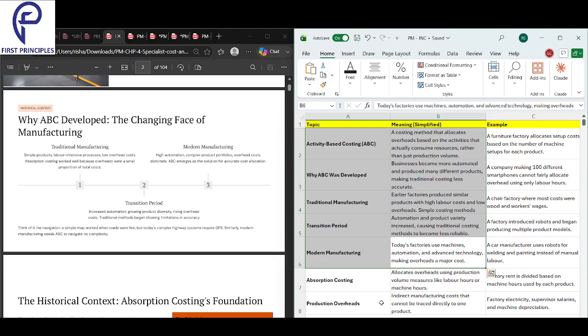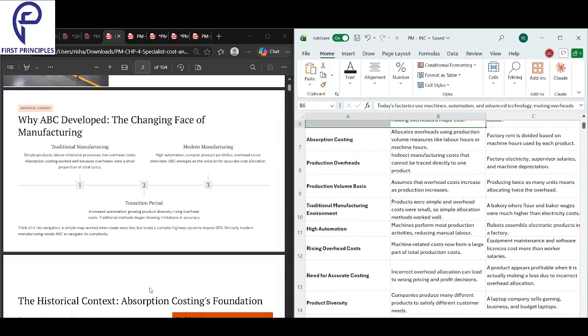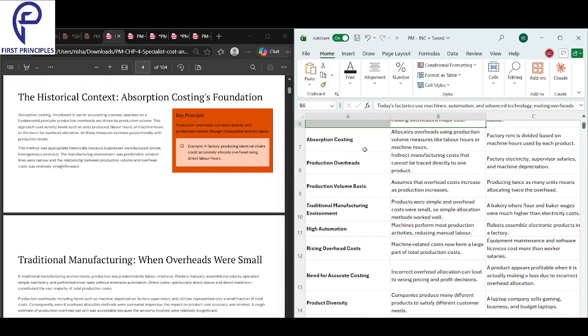Activity-based. Now we'll build on it. Meaning is done, need is done, traditional we understood, transition period we understood, modern manufacturing we understood. Now slowly we'll move on to the next parts. Absorption costing. Here the overheads were allocated using the production volume. That was the traditional method. Absorption was the traditional method. ABC is the new method. Then it was allocated based on volume. Now it is allocated based on activity. When it was allocated based on volume, it is called as